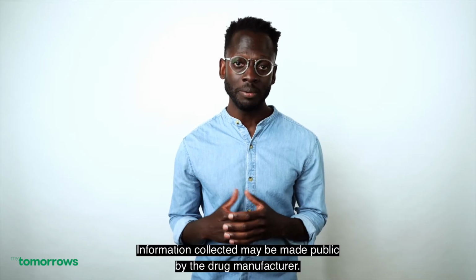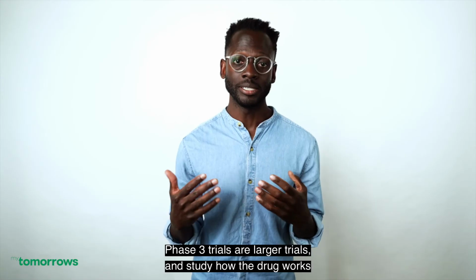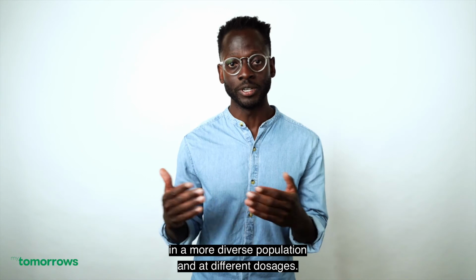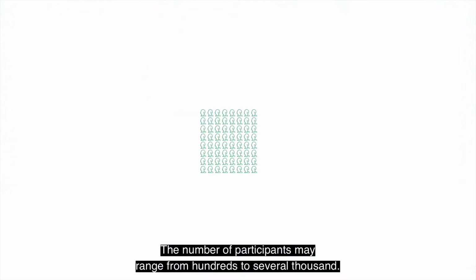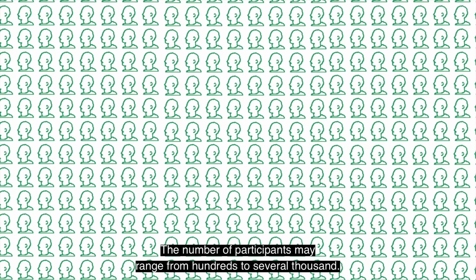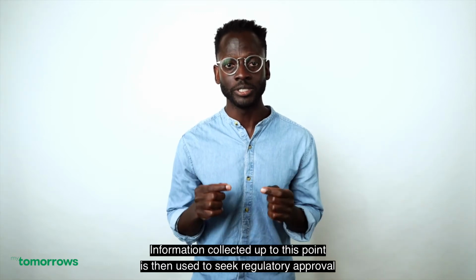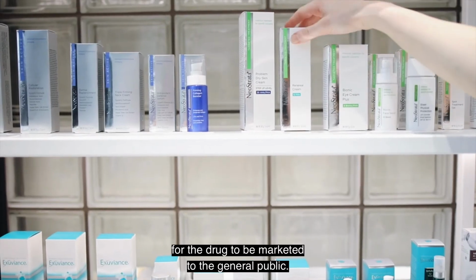Information collected may be made public by the drug manufacturer. Phase 3 trials are larger trials and study how the drug works in a more diverse population and at different dosages. The number of participants may range from hundreds to several thousand. Information collected up to this point is then used to seek regulatory approval for the drug to be marketed to